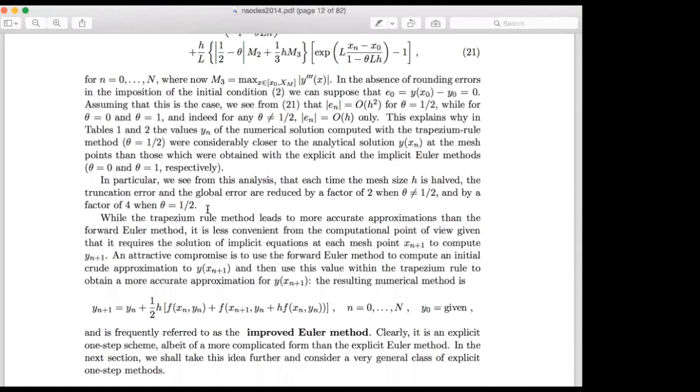Because in θ equal to 1 by 2, the order of convergence is 2, meaning h square. So you put h value 1 by 2, then the error will reduce by the factor 1 by 4. And in the case when the order of convergence is